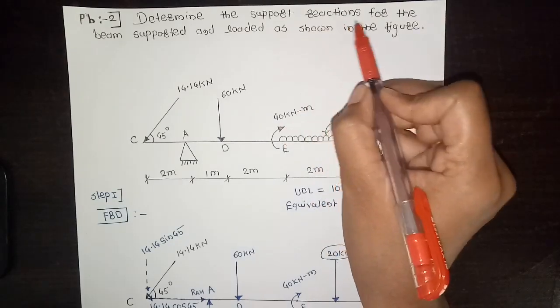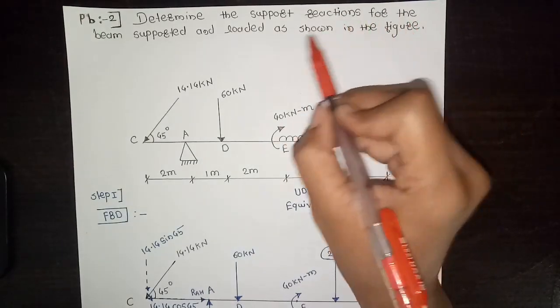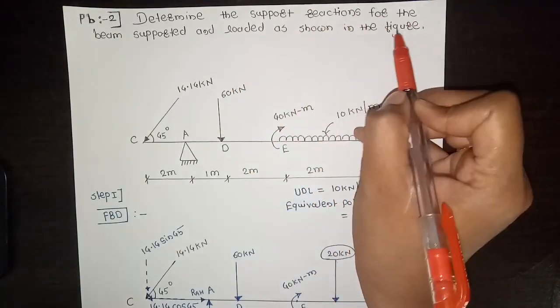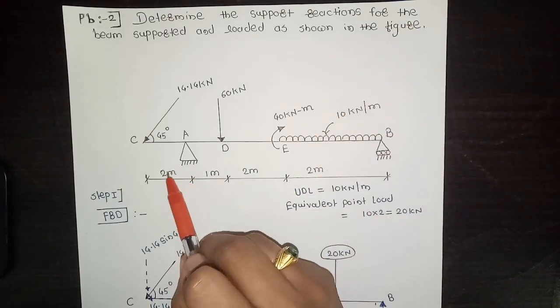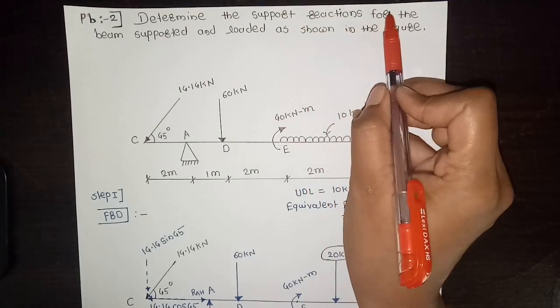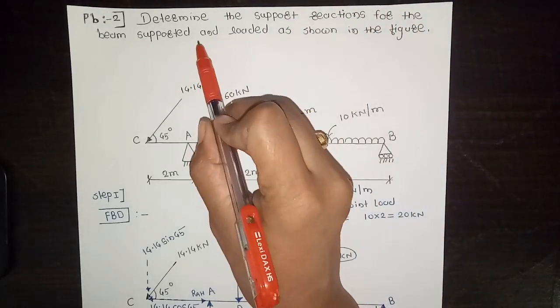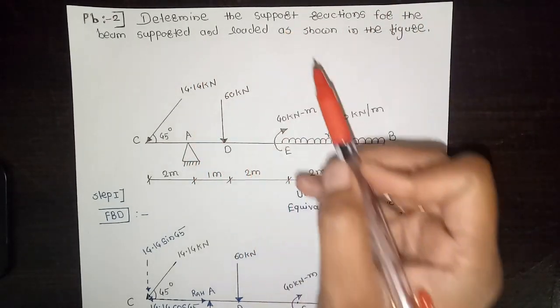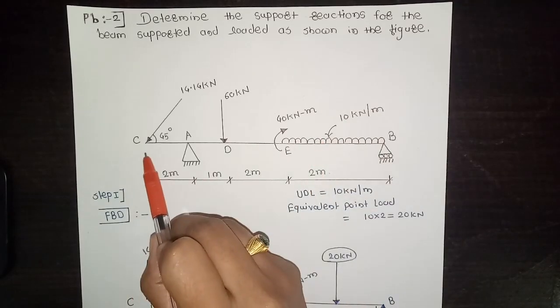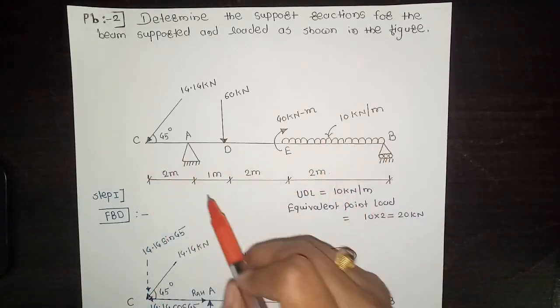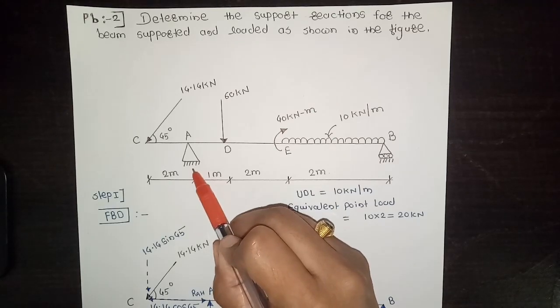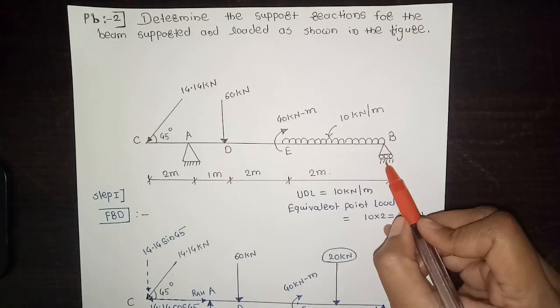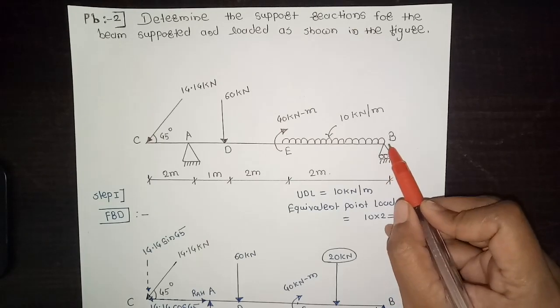Determine the support reactions for the beam supported and loaded as shown in figure. See, this is the simply supported beam. For hinge supports we have to calculate two reactions, and for roller supports we have to calculate only one reaction,